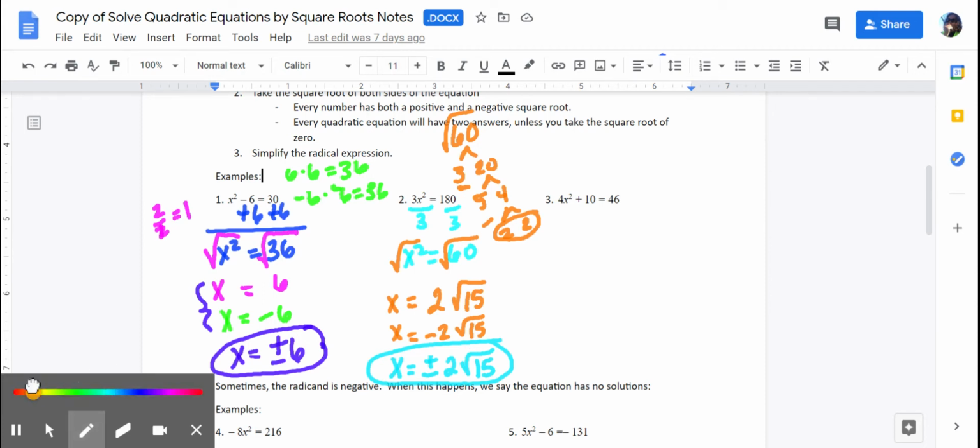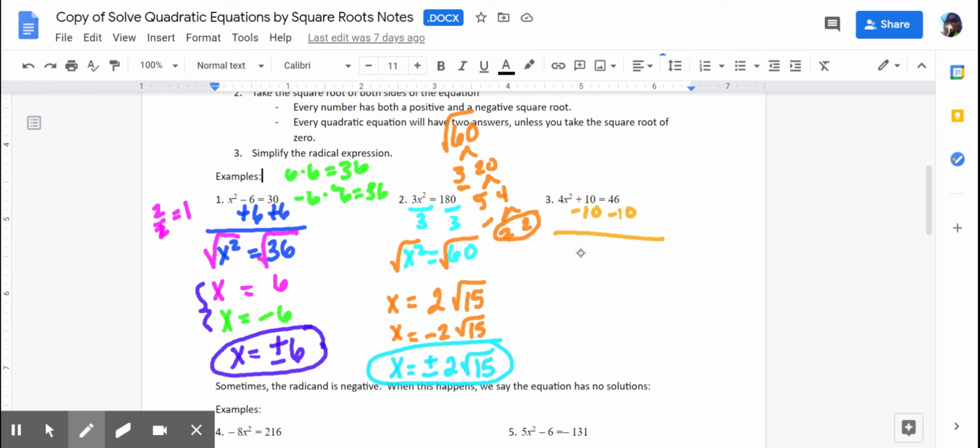So for number 3, I need to start this problem by subtracting 10. The goal is to isolate x squared, but remember we have to go through the proper steps. We're working PEMDAS in reverse order. So my order of operations, but in reverse. So when I do this, I have 4x squared